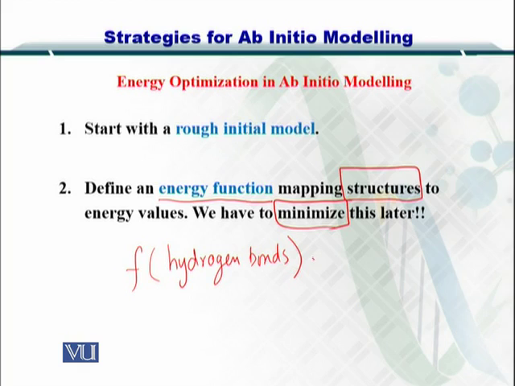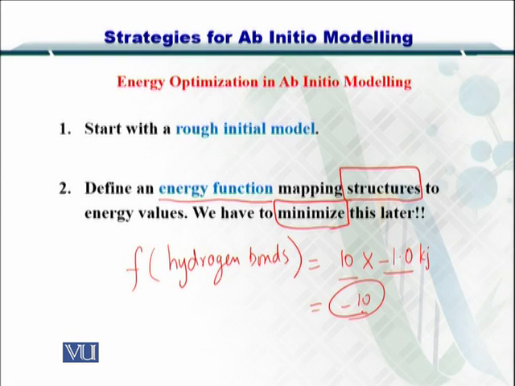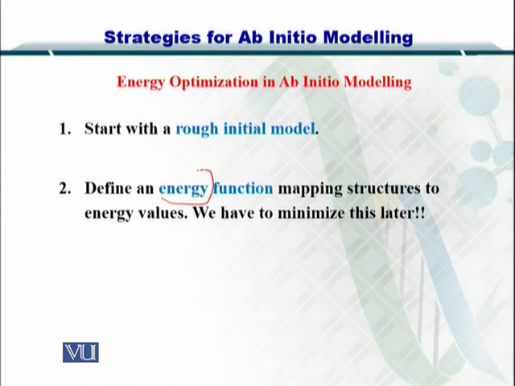So let's say you have 10 hydrogen bonds and each hydrogen bond gives out an energy of, let's say, -1, then the overall energy of the structure will be -10. So you simply compute the energy of the structure by looking at the energy that is given out. If you minimize this, then it means the structure that is created by giving out that much energy is